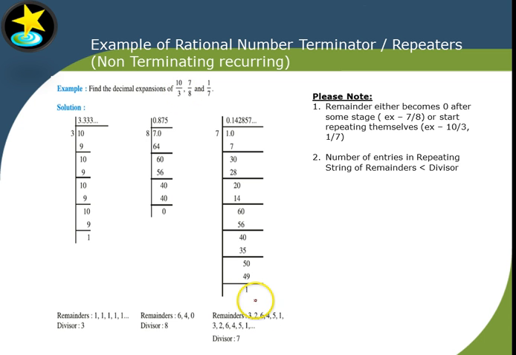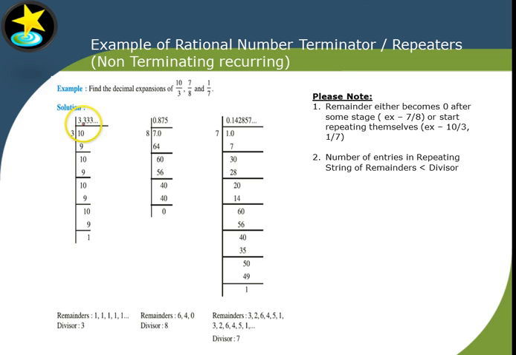Take this particular example where the string of remainders was 3, 2, 6, 4, 5, 1 and it again starts with 3, 2, 6, 4, 5, 1. So if you count these remainders, the number of entries is 1, 2, 3, 4, 5, 6, which is less than 7, which was my divisor. Now same is true